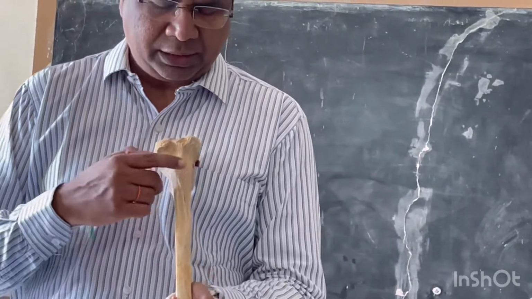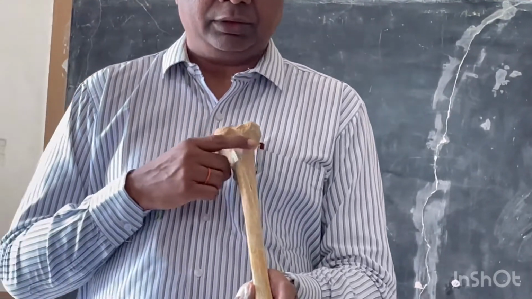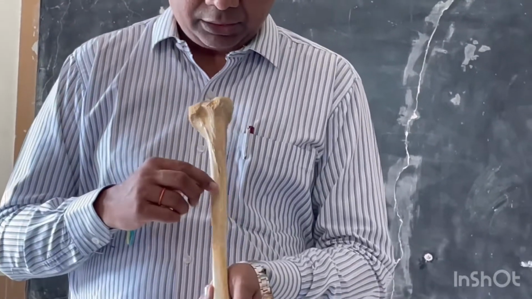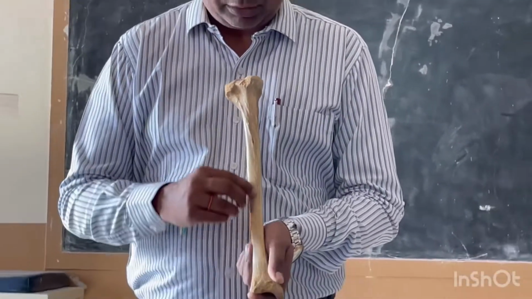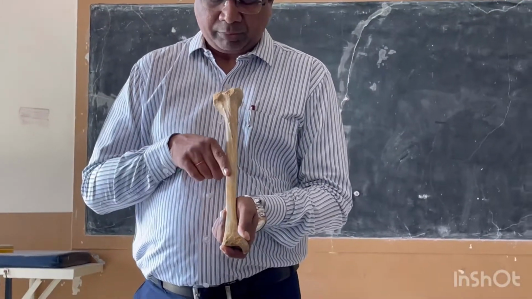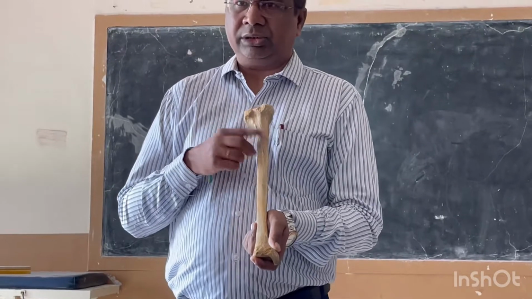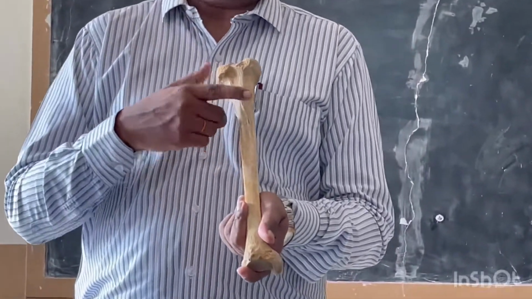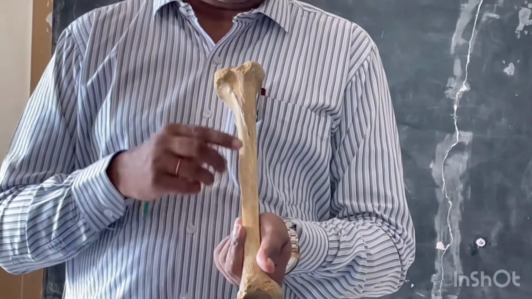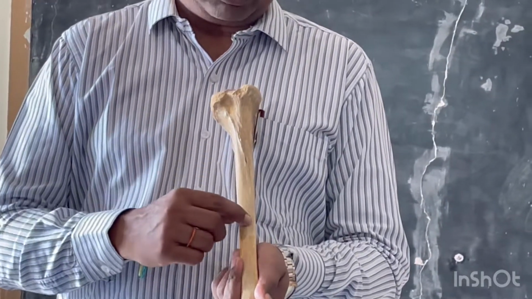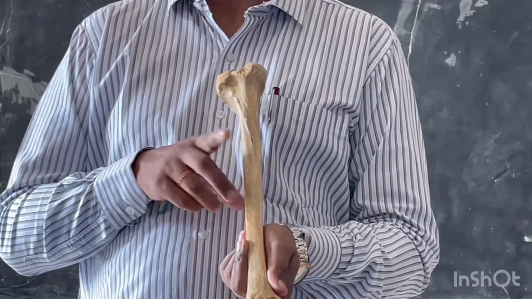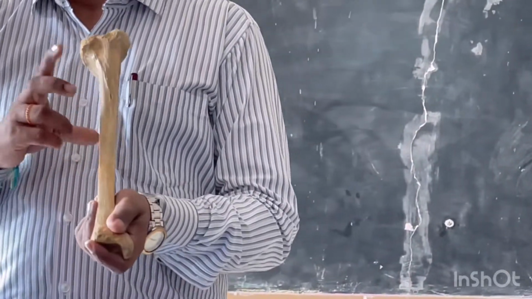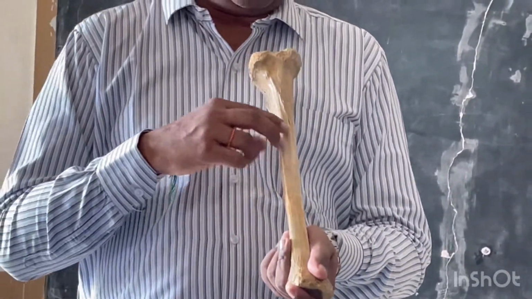This is the soleal line, and there is the upper triangular part here, and then you will have the lower vertical part. This lower vertical part is divided by a vertical line into a medial area and the lateral area. So this is like the posterior surface of the ulna, where there was a line which was dividing it into upper part and the lower part. The lower part will be divided by a vertical line into a medial area and the lateral area. Clear? So this is the significance of the posterior surface.